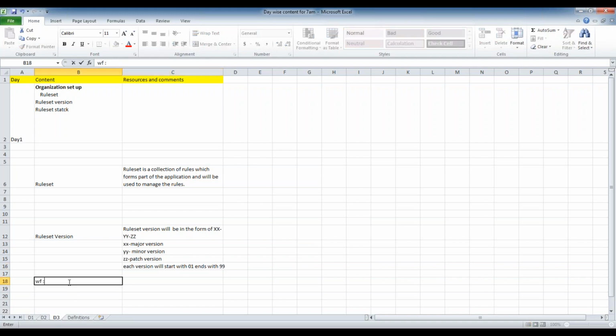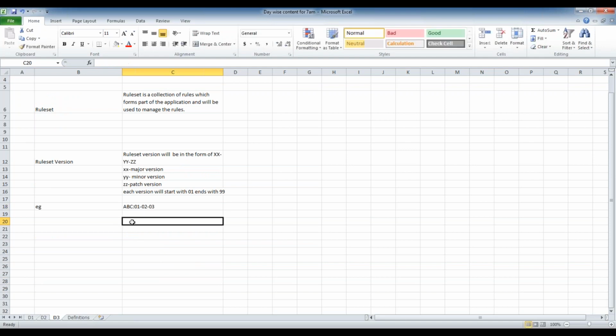The complete syntax will be like this. Let's say the example is ABC:01-02-03.